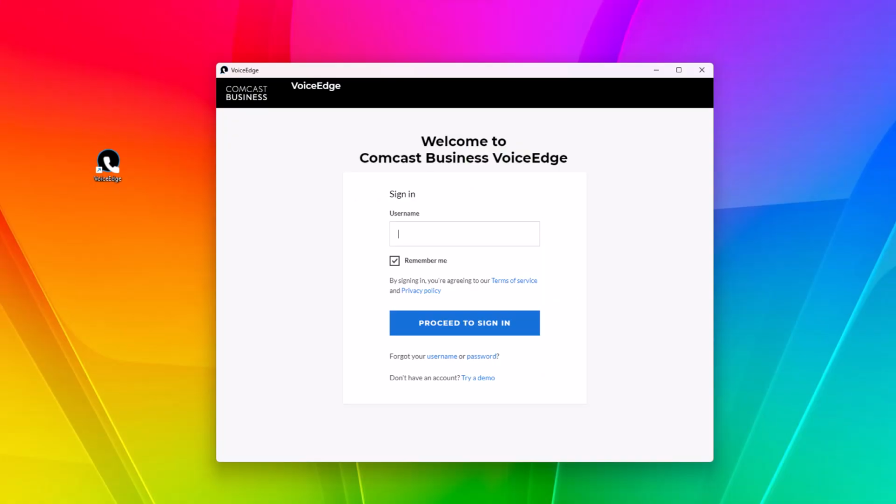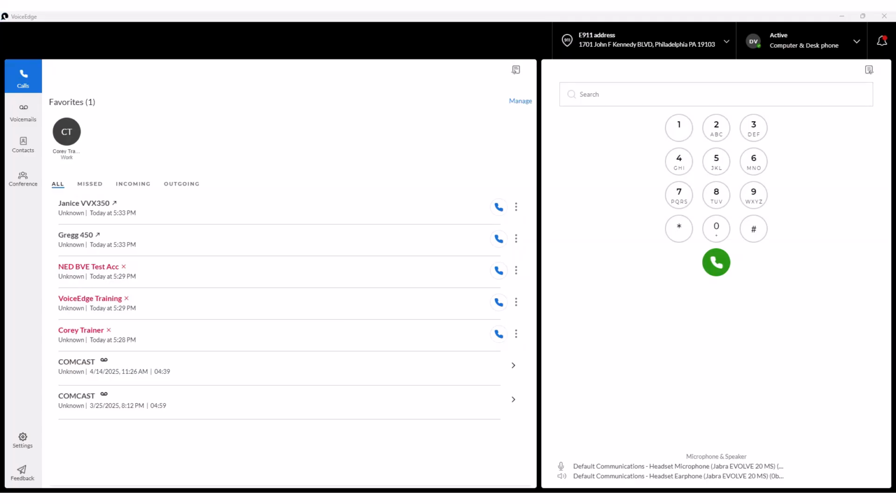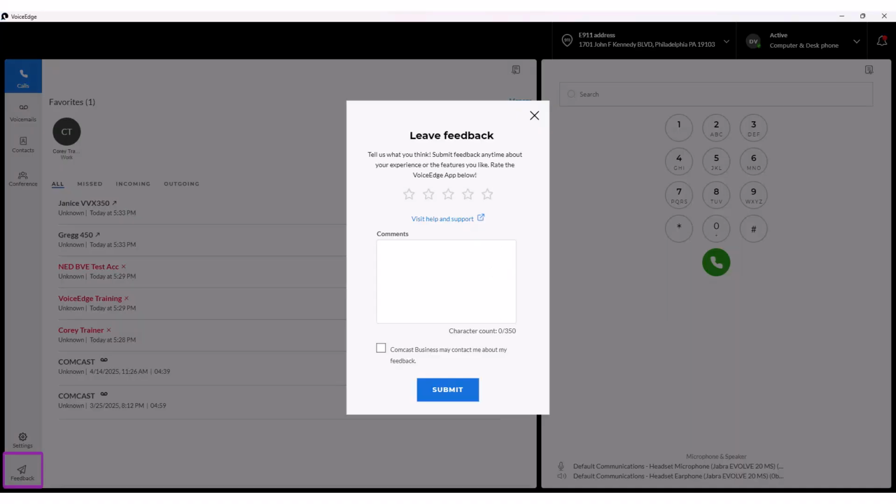Once the user's account is activated, the user will need to log in with the email and password created to use the application. Once logged into the app, the main landing page will be displayed. There are 4 icons in the top left quadrant for calls represented by a phone icon, voicemail shown as 2 reels, contacts illustrated with a book with a person, and conference indicated by an icon of people. Continuing down the home page is Settings, marked with a gear icon. In the bottom left corner is a feedback button symbolized by a paper airplane. Using this feature provides feedback directly to application developers.